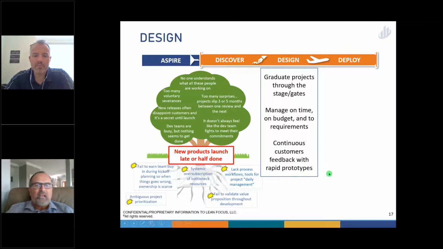As I look through design, now this is where the real money of R&D is spent. So most R&D departments, at least on the new product part of what you're doing, spend 80% of your money right here. It's the heavy lift. What are some feelings? I don't know what all these people are doing. I can't tell you how many business leaders I've had say that to me. What are all these people? What do they do? That's a feeling.